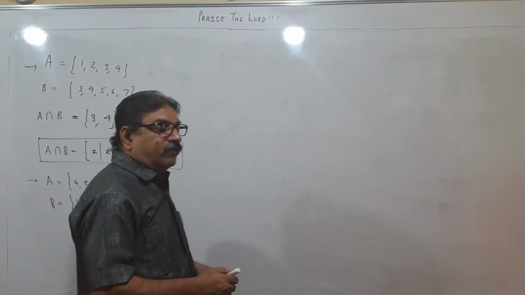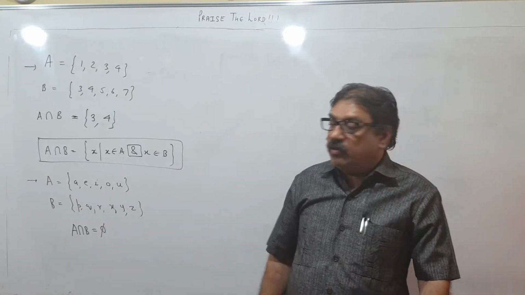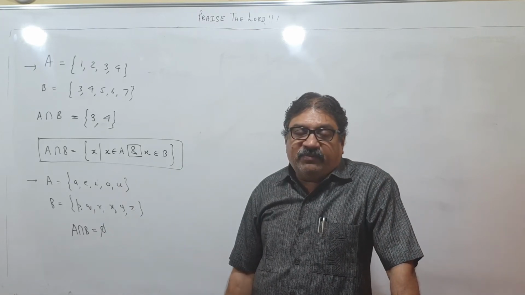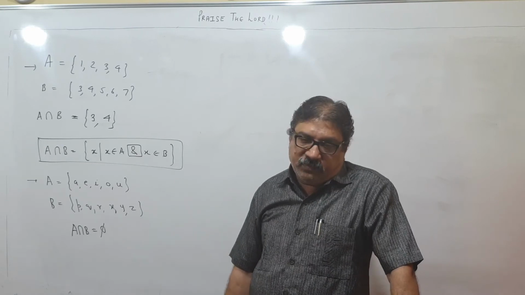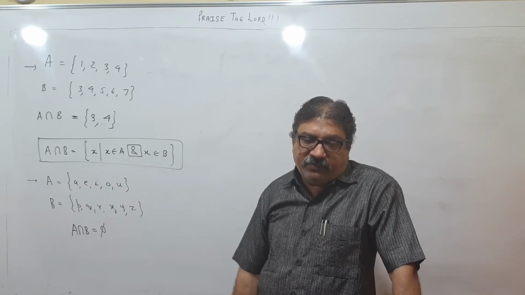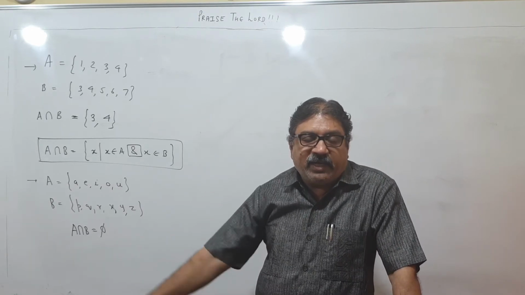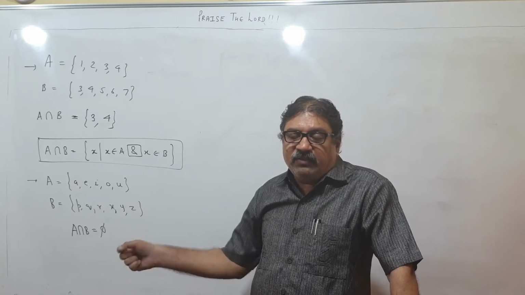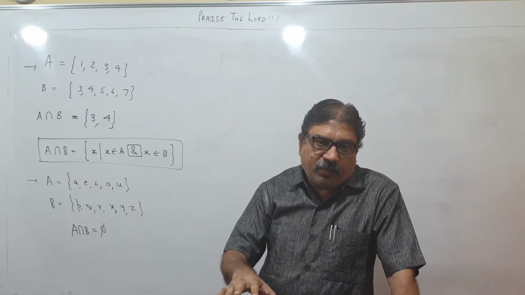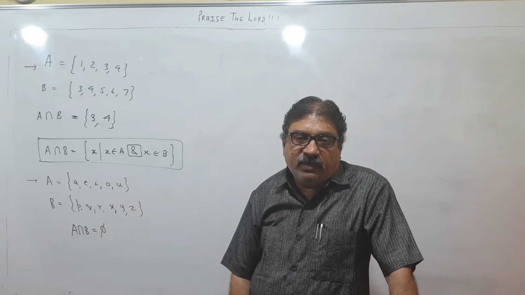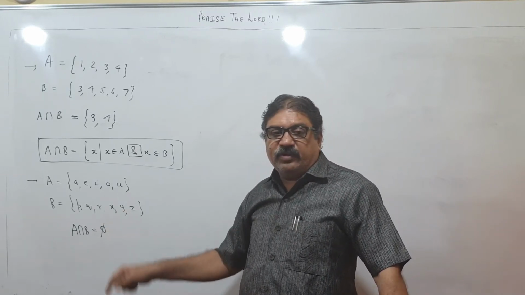Children, this is the importance of the null set which I told you. When I introduced you to the null set, I told you its importance you will see later on. So the null set is the answer to which question? If there are two sets which don't have any common element, then what is their intersection? This question is answered by the null set. The answer is null set.